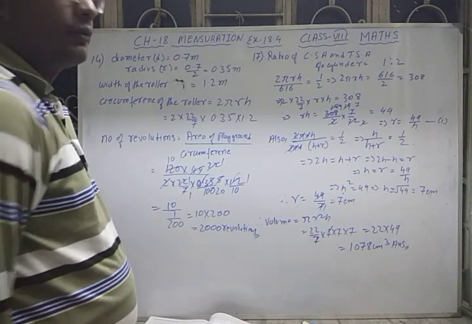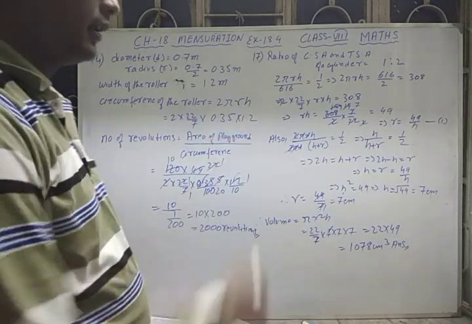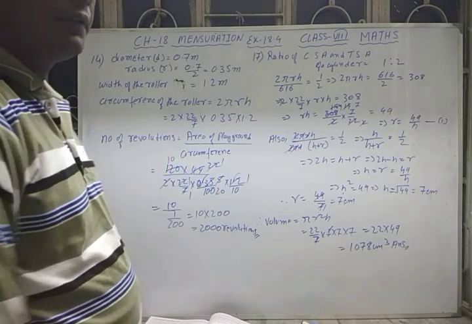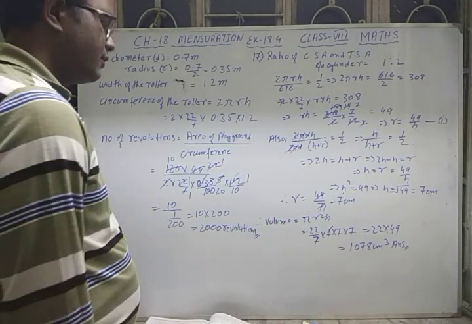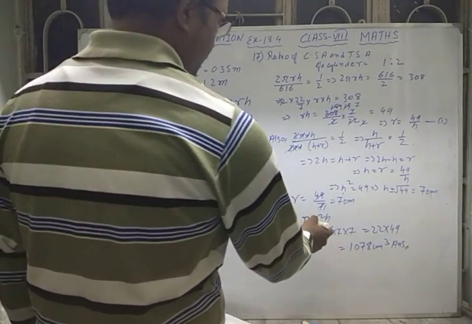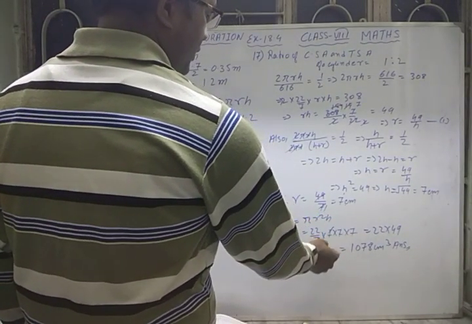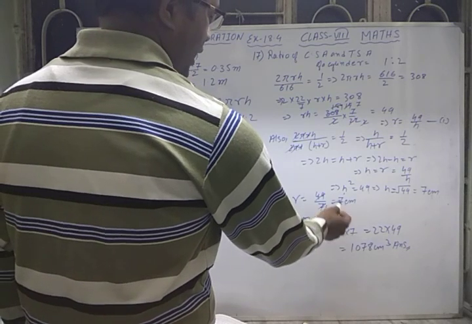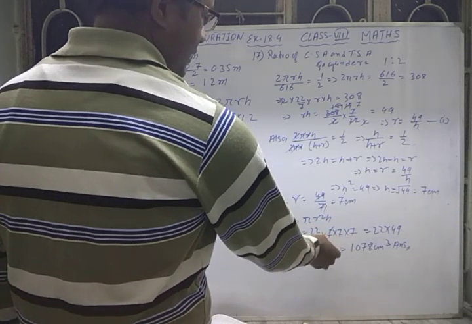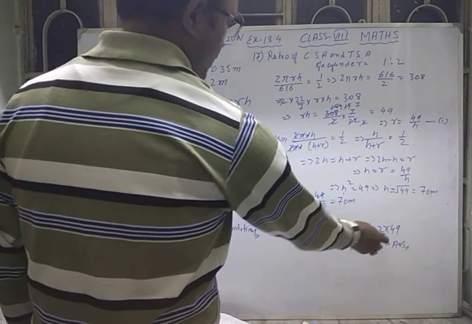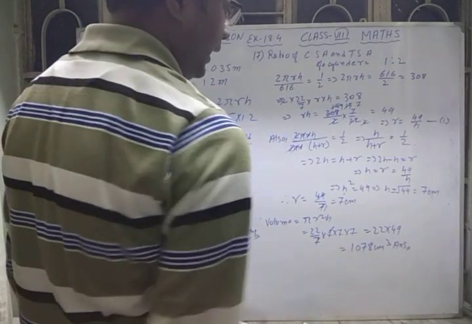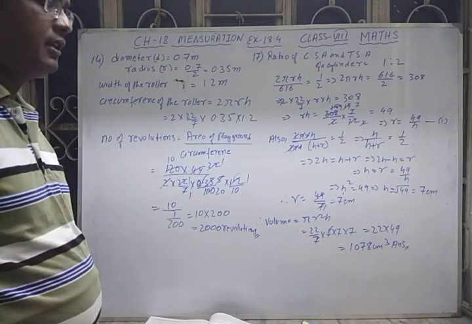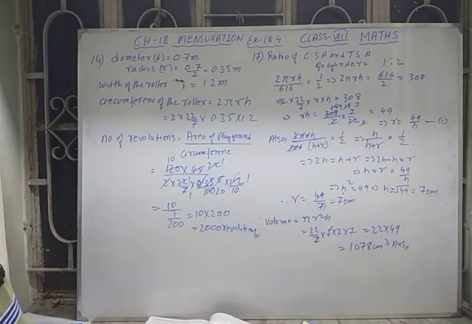Now you have to find the volume. We have got the radius of the cylinder, we have got the height of the cylinder. Now it's easy to find the volume of the cylinder. So volume of the cylinder is equal to pi R square H. So 22/7 into R is 7, 7 into 7, height is also 7. 7, 7 cancelled, 22 into 7, 7 is 49. So 22 into 49 we will multiply, we will get 1078 centimeter cube, the volume of the cylinder.